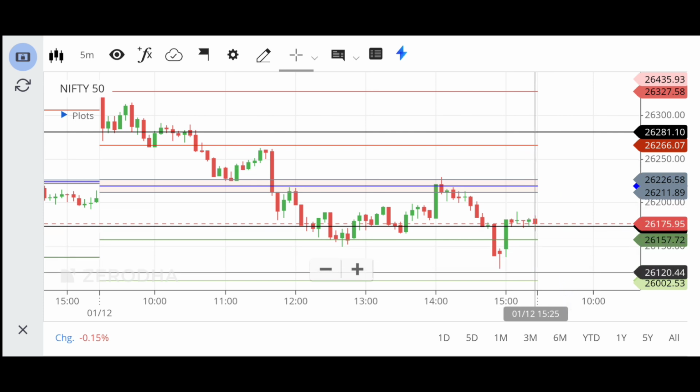So you must have all these things in your chart, like CPR, S1, S2, S3, and R1, R2, R3. S is nothing but support, R is nothing but resistance. And also previous day high and previous day low. From this you understand what the important levels in the market are for that particular day. So this is for